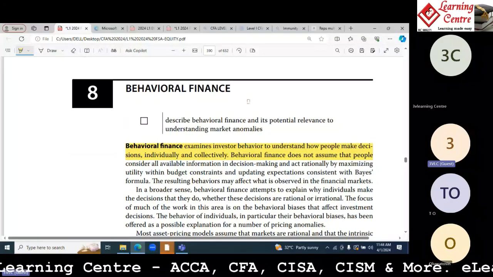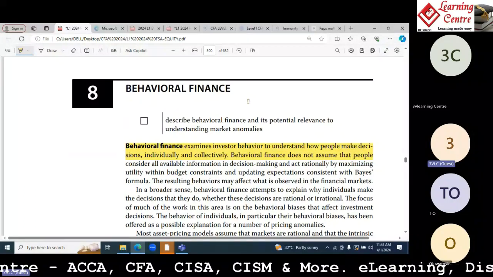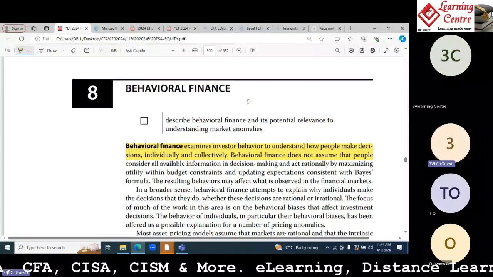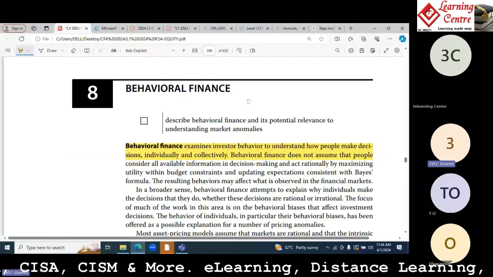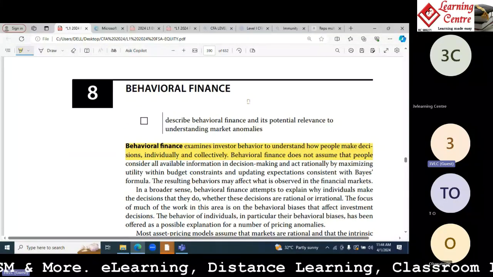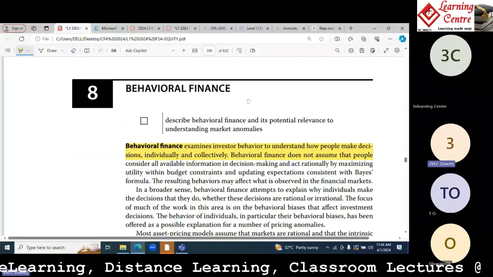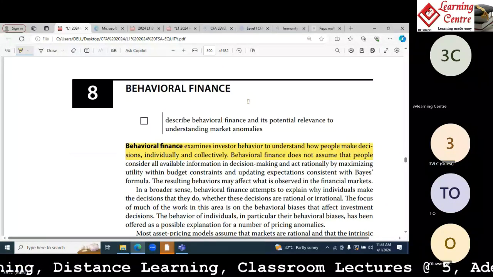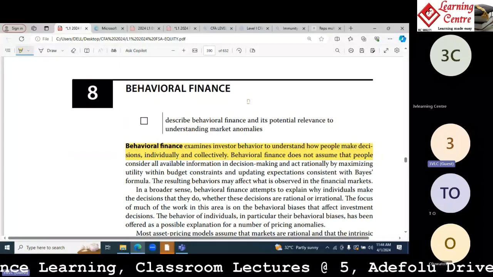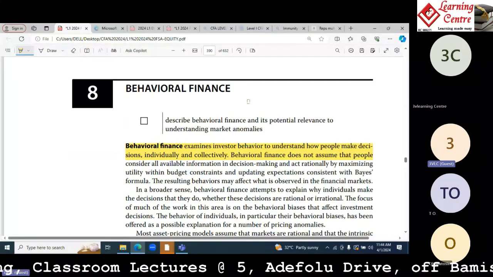Behavioral finance does not assume that people consider all information before they make that investment decision. Behavioral finance says that people do not do that. That investors are irrational. They do not consider all available information before making that investment decision, and